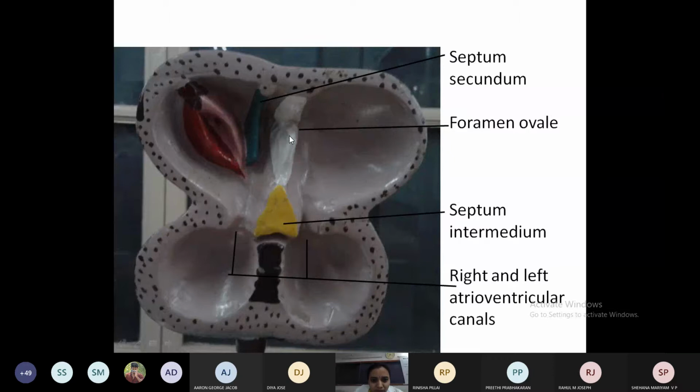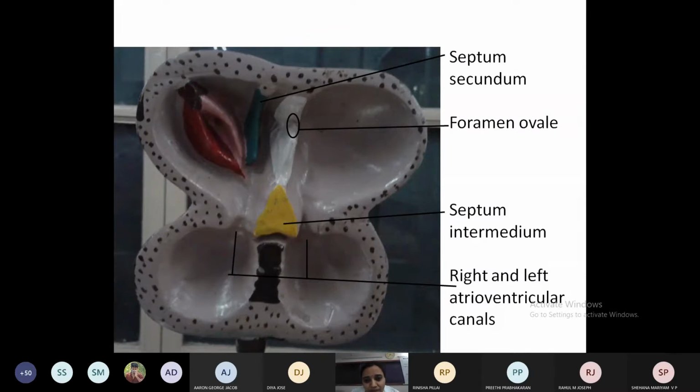Later it goes downwards and a foramen secundum is formed. Just lateral to that, this green one is the septum secundum, which acts like a flap wall and allows the flow of blood from right to left, sorry, not from left to right. This is the septum intermedium, formed by the fusion of the ventral and dorsal endocardial cushions. So that is how, see, this is the foramen ovale. This is how the interatrial septum and the right and left atrium are formed.